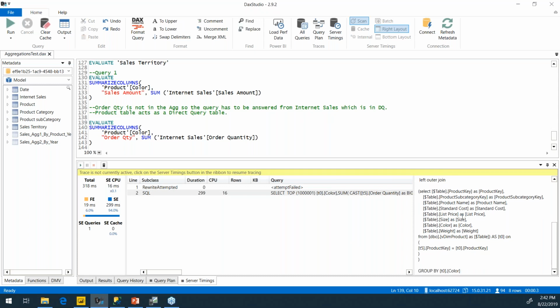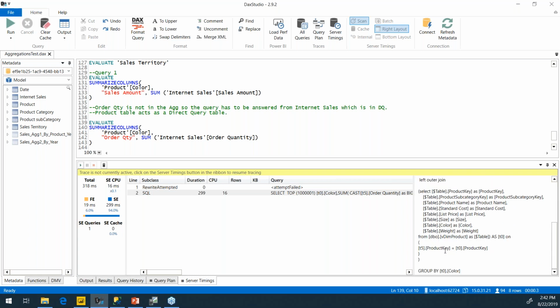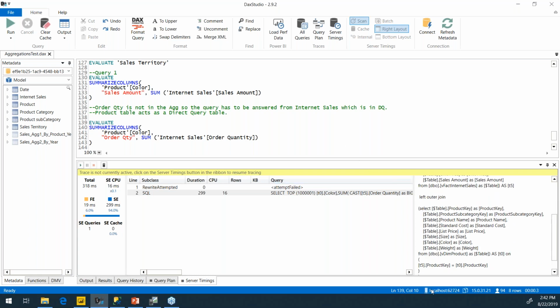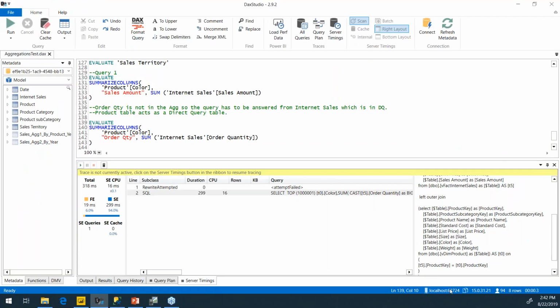And when you look at the queries, you're going to see that that role level security criteria is actually being pushed down to the back end SQL queries for the queries that go back there. And the one more thing I want to show you from here before I go back to my last couple of slides is that if you pay attention down here, something really neat about DAX Studio. It shows you localhost and a port number. And this is actually the Analysis Services Tabular instance that Power BI Desktop started when I opened Power BI Desktop.